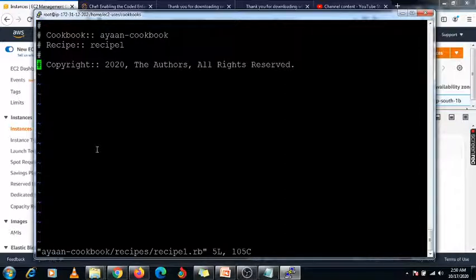Using Shift G you can go to the bottom of the file, then press O. Here you need to press O, normal O, and it will go to the bottom again. With the insert option, it will reflect insert mode when you press O. First you need to press Shift G, then O. So it will reflect in insert mode.